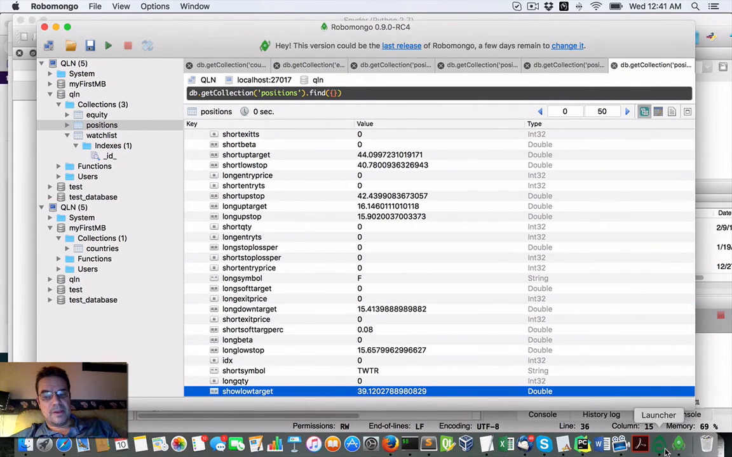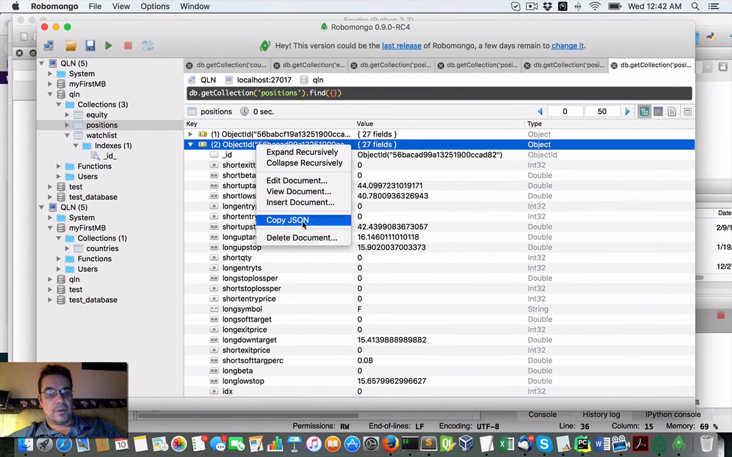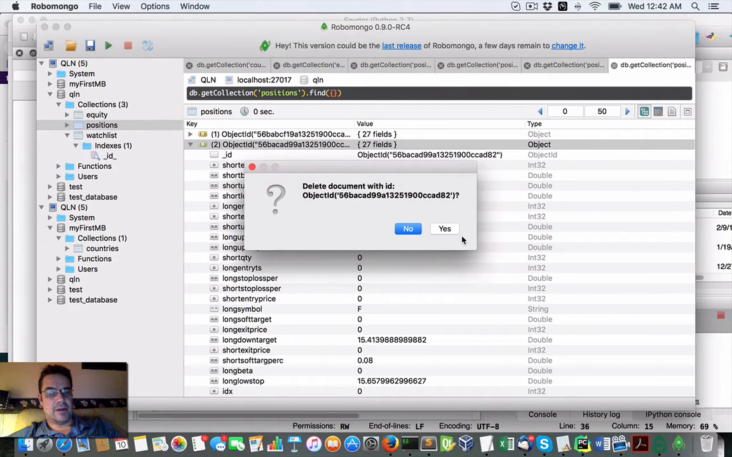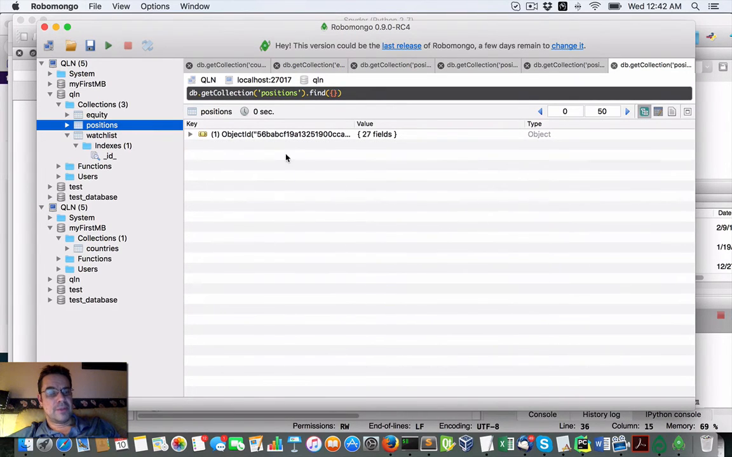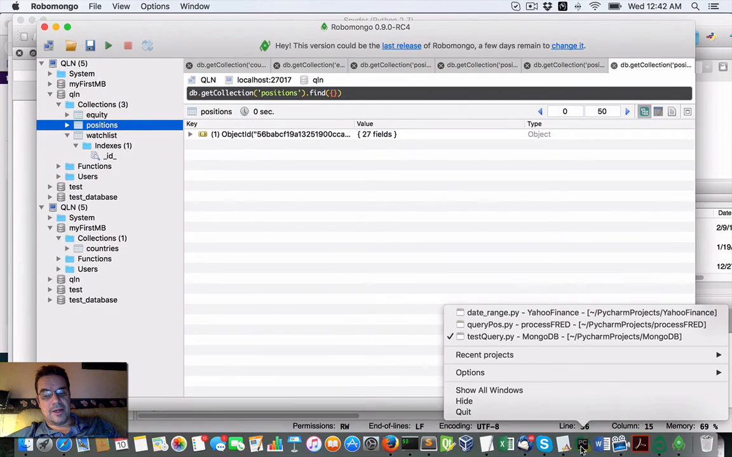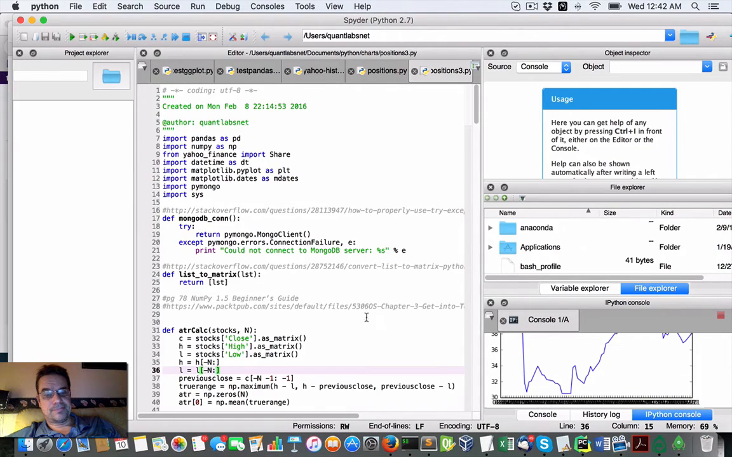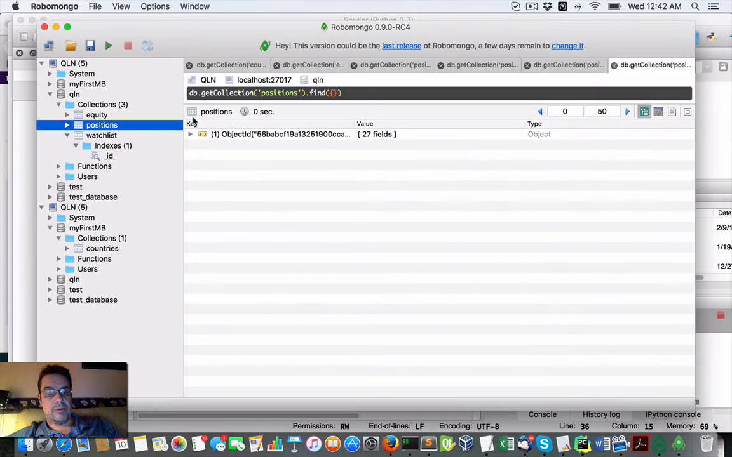So if I go ahead and remove this document, or that's what they call it, it's really a row of a table in traditional relational databases. So I've just deleted that. If I rerun that script that just ran, as you can see, I've deleted it, okay? And if I rerun it,